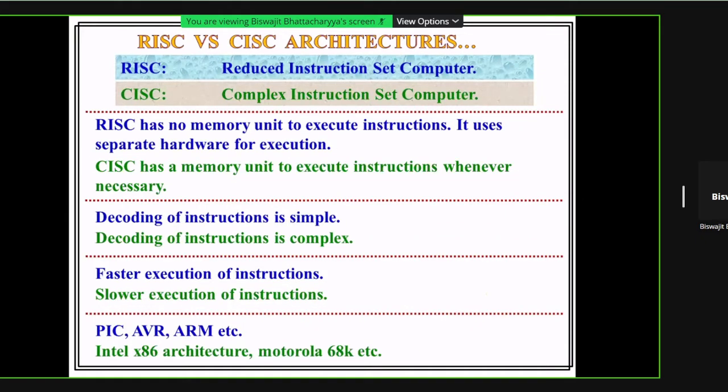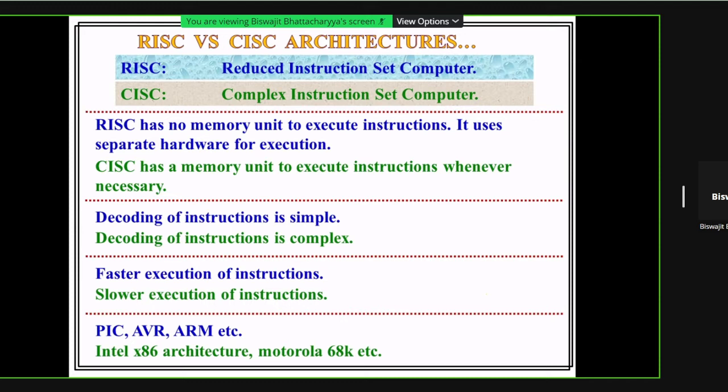Next, RISC has no memory unit to execute instructions. It has a separate control unit or hardware to execute. But CISC has a memory unit to execute instructions.